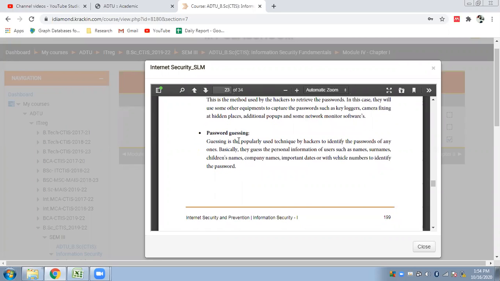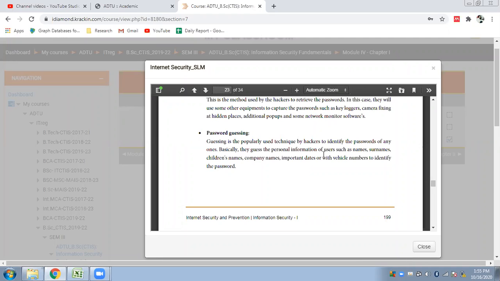Next is password guessing. It is a popularly used technique by hackers to identify anyone's passwords. Basically, they guess the password from personal information of users such as names, surnames, children's names. Mainly passwords are kept based on personal information, such as your name, your parents' names, your relatives, or maybe some games that you like, certain things you have an inclination for.